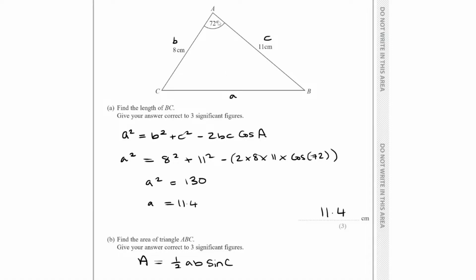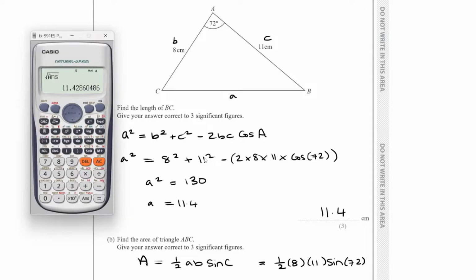I think this one's fairly easy. It's obviously just the angle and then the 2 sides that surround it, isn't it? So it doesn't really matter which way round you put the sides either. Obviously, just don't use the 11. So that would be half times 8 times 11 times sine. Just don't forget to use sine this time as well. That's the other thing, I guess. Times 8 times 11 times sine, not cosine this time, sine,